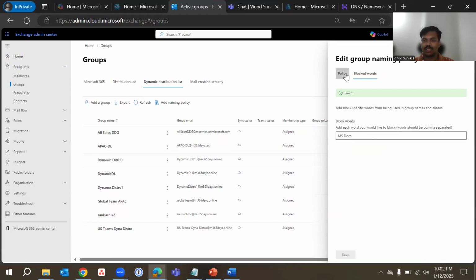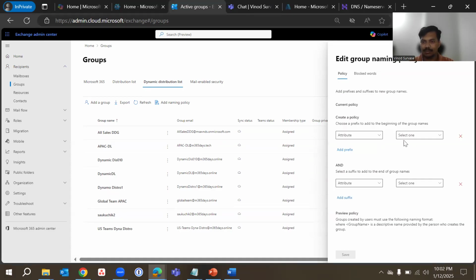And this is one of those words, and I can simply select attributes or text, and then I can add that text. So this is the prefix text I want to add, let's say MS, and then on the text again, this is going to be the suffix. So after the org wide,